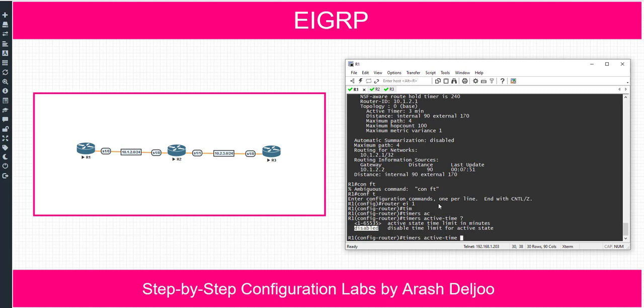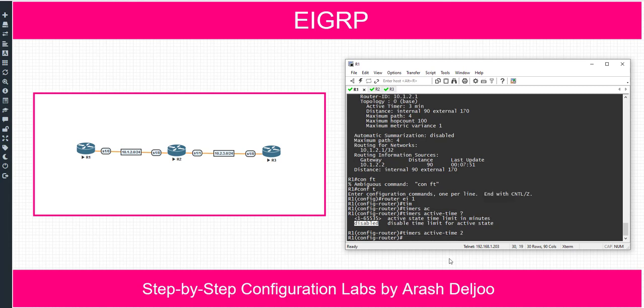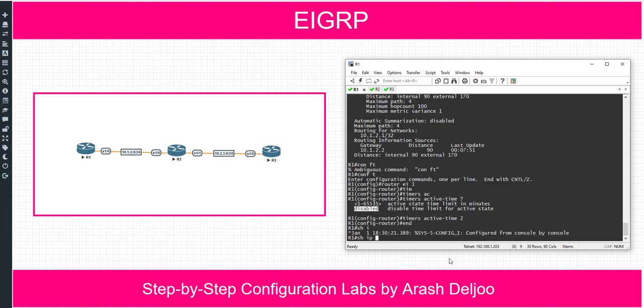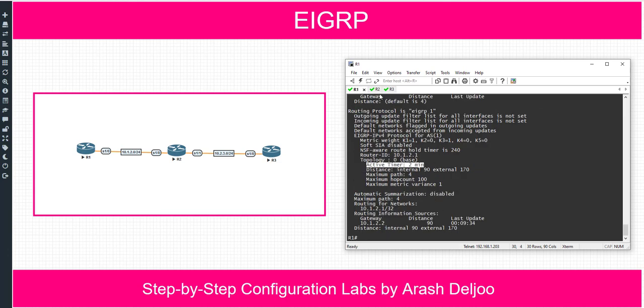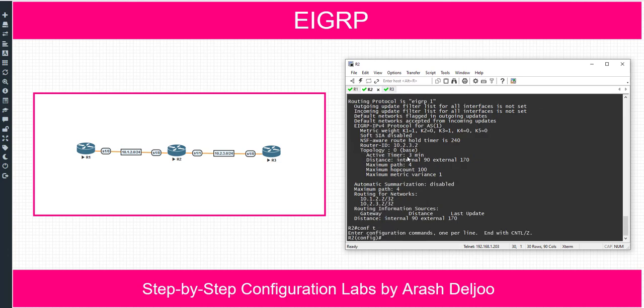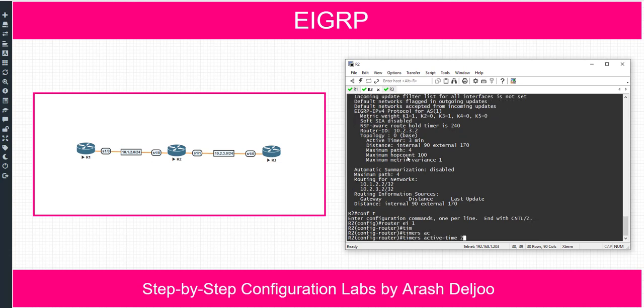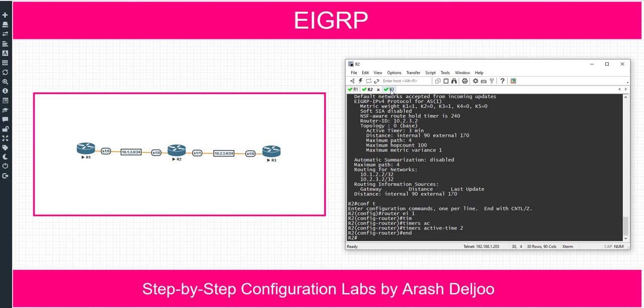Because of that, you can use this option, but this is not recommended because maybe this will result in getting stuck in active forever. Okay, because of that, let me use timers active-time, and after that, for example, 2, according to our scenario. Show ip protocols shows us that now the active timer is 2 minutes. After that in router 2, router EIGRP 1, and then timers active-time 2, and finally in router 3,